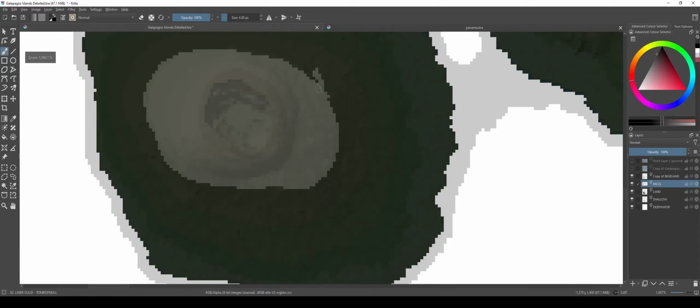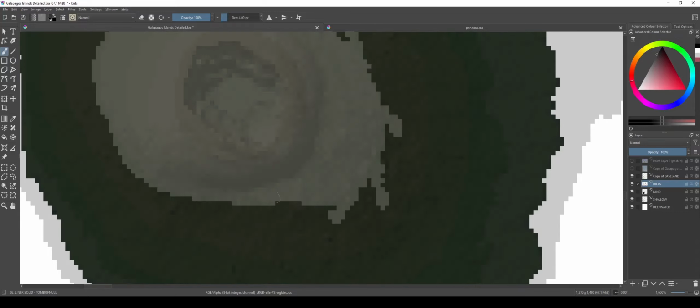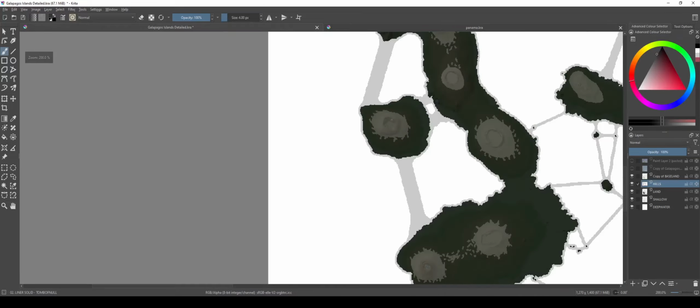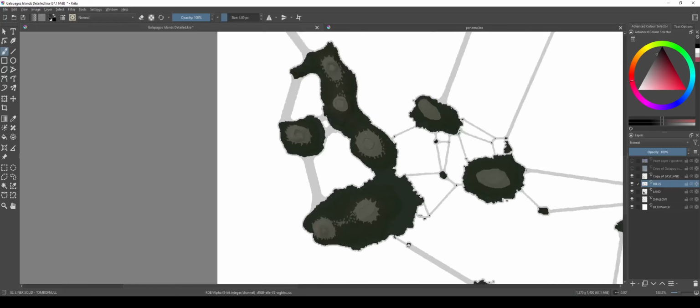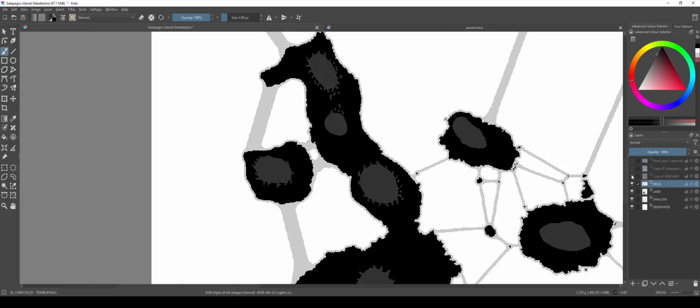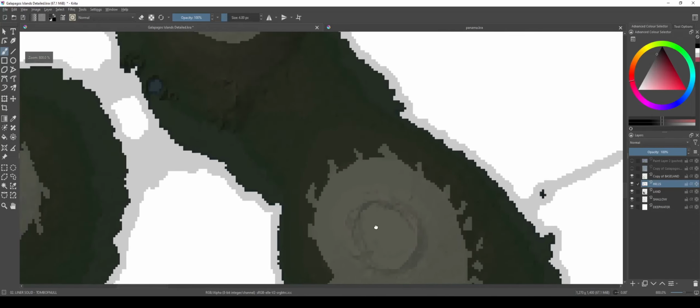So now we are able to fix past mistakes like that. We are also going to go over the workshop submission process, by the way. One thing you should do is try to paint the lines following the natural terrain. So over here, for example, since this island is stretched north-south,